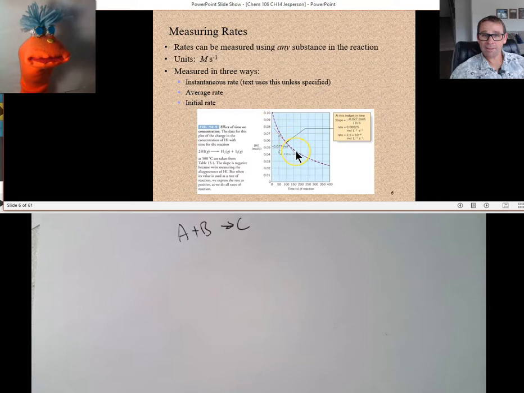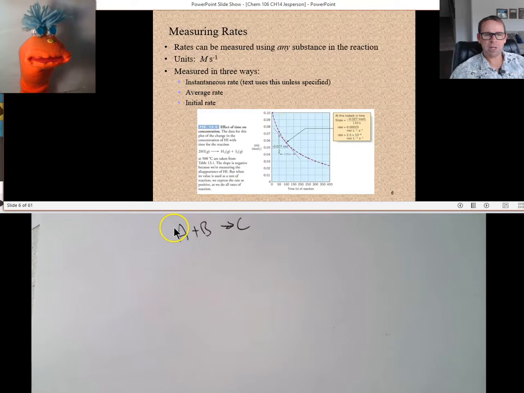However, the rate of the disappearance of A, which is the slope, so here's the slope of this part of this curve, the slope of this line changes. It changes as the concentration of A changes. So why do you think the slope changes? In the beginning, the rate at which it's decreasing is represented by this rate, right? But then it's represented by this rate, and then way down here, the rate is even slower. If you were to think about a tangent line being drawn to this curve,